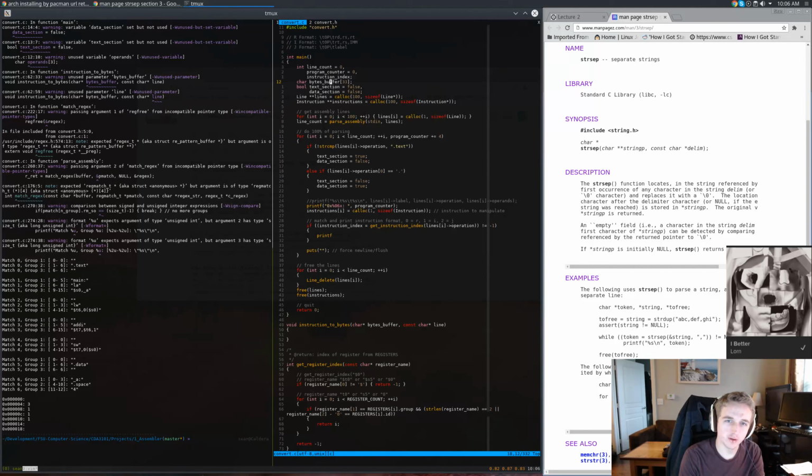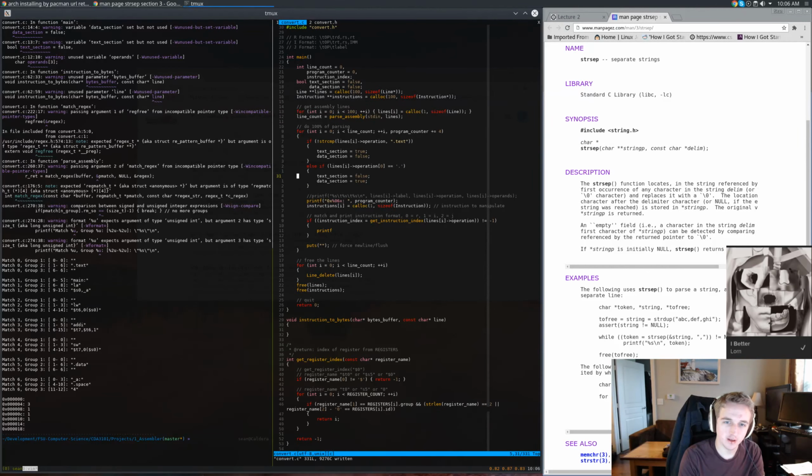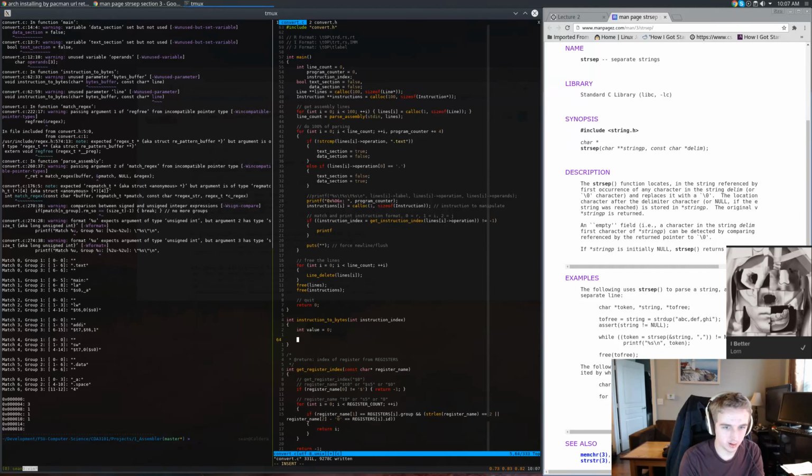No, I shouldn't even need that. I'm just gonna have it return to me an integer. I'll give it the int instruction index, and it should just return, so int value equals 0, and then I need it to be like,